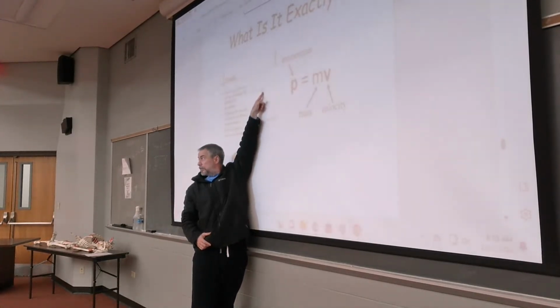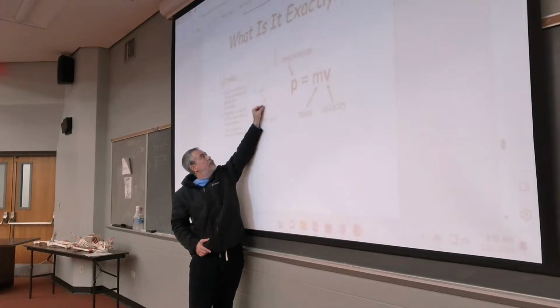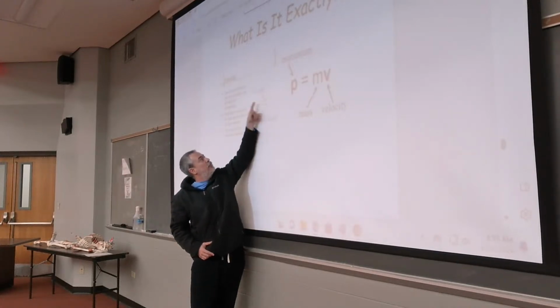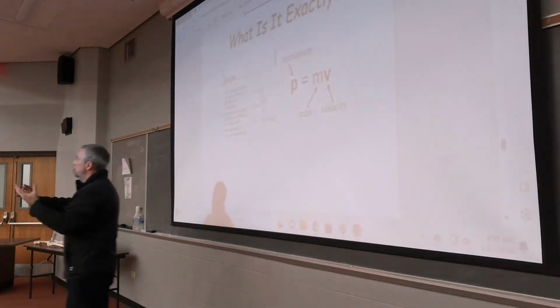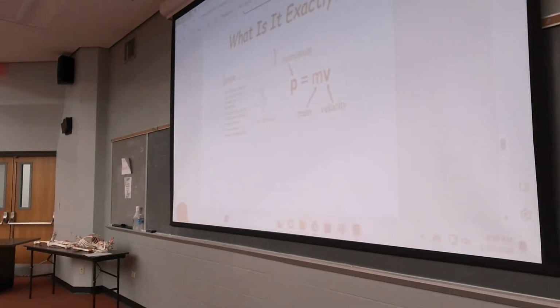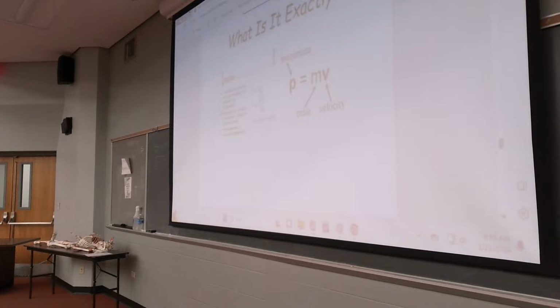So all we're saying is that, hey, do you remember how technically change in velocity over time is acceleration? So they basically just broke the equation into the component parts, cross-multiplied, and said, hey, there's a relationship between the force and how much time you impart that force and the mass of whatever you're looking at and how much it changes its velocity. That's all it is. It's just looking at it in a different way.